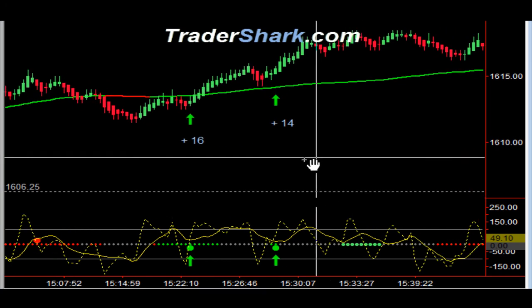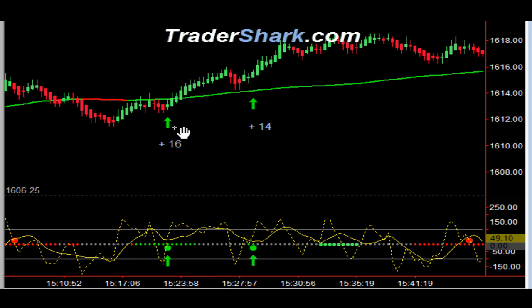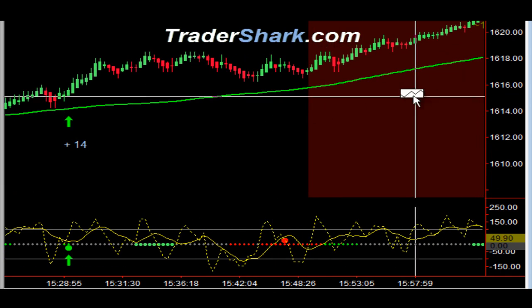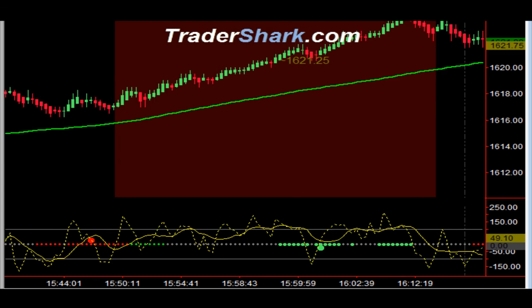So patience is a virtue. The longer you sit and wait for the proper setup to come to you, the higher probability you have of a successful trade. To learn more about these and more advanced trade setups, or to get a copy of the Trader Shark Trading Manual,